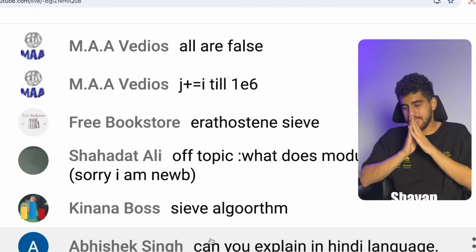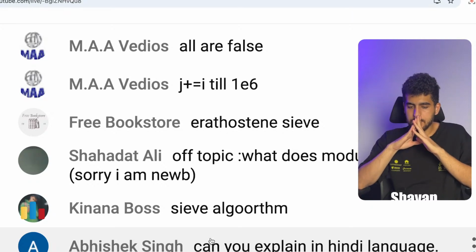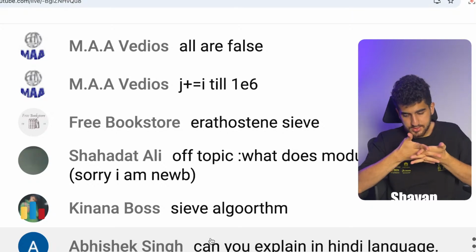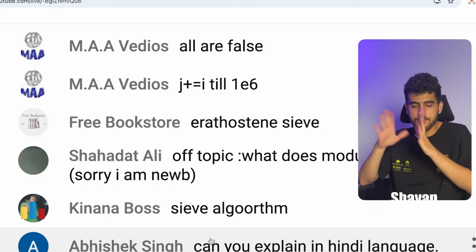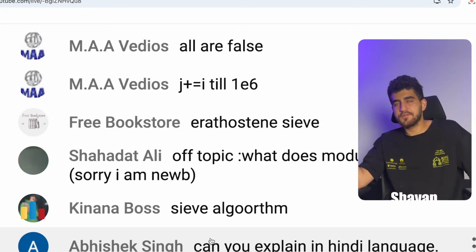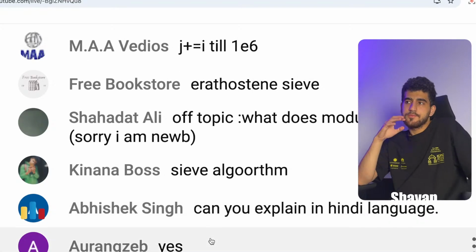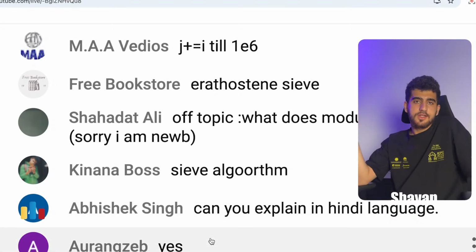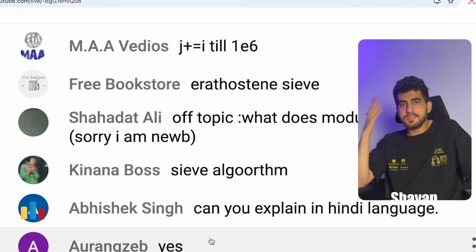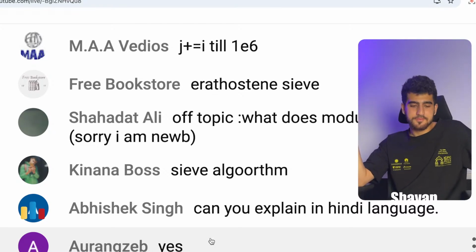So do you agree that it is correct? We haven't yet talked about the time complexity, but we want to first show that it is correct. At the end, if prime of x is false, it means that some number from 2 to x minus 1 was a divisor of it, so it's not really a prime. If prime of x is true, it means that none of those numbers were a divisor of x. So it is really true.